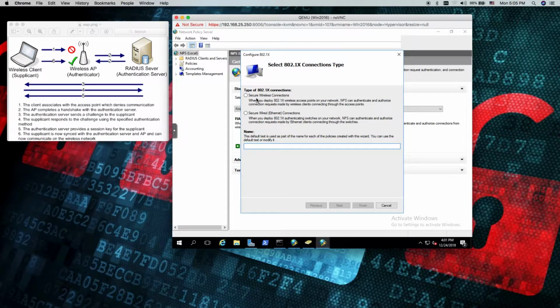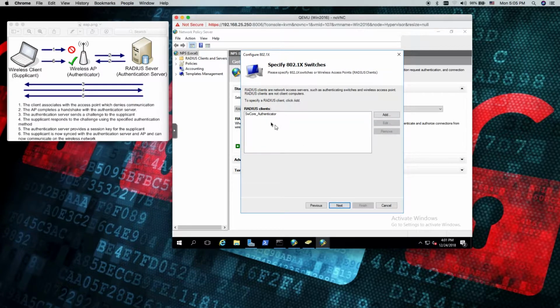Then we need to specify which type of 802.1x connection, because you can use a wired connection or wireless. So we are using wireless for this video. Next. And then in this area is where we specify the authenticator. In this case it will be the access point that we are interested in right now. So let's go and open the